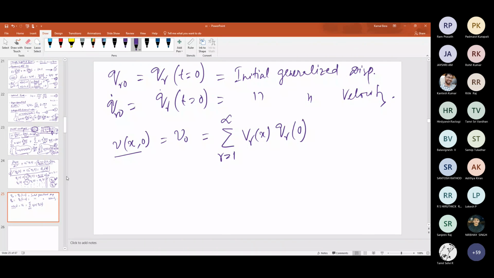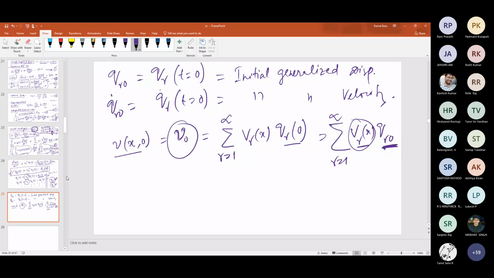Okay? And that I am calling as, this is a notation, nothing but Q_r0. So this is given to you. You have to find out this. You cannot find out, right? Normally you cannot find it. You have to incorporate the orthogonality condition. Although this is known to you, straight away you cannot find out this. This is known to you. This is known to you. How to get this?